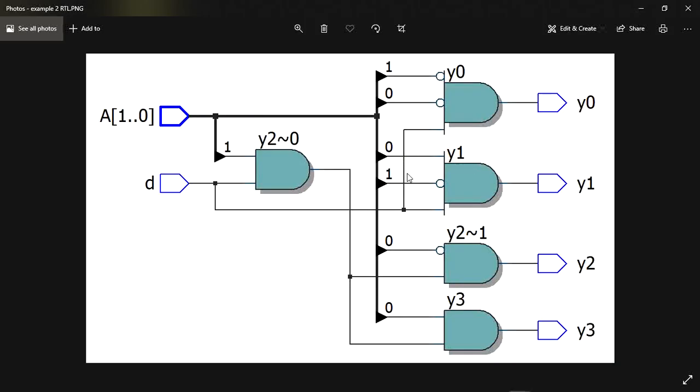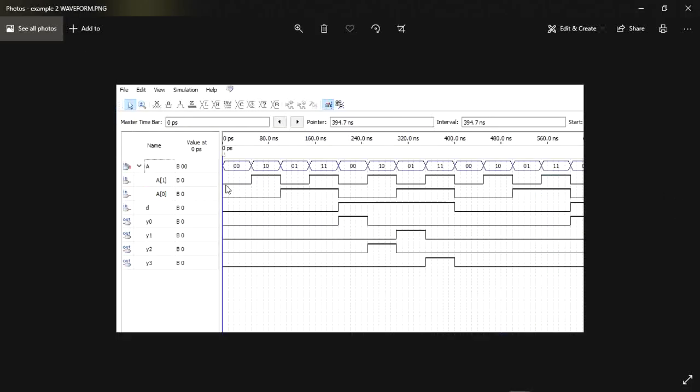Now you can see here this is the RTL viewer of our example 2. Our 4 outputs depend upon our one input and our 2-bit selection line. Now we are moving towards our final output waveform, so you can easily clarify it. When we apply 0 on all the selection lines and all our inputs, then all our outputs are 0. For getting the first output 1, we have to apply 1 on our input, and all the other selection lines are 0. In this case our first output is 1.